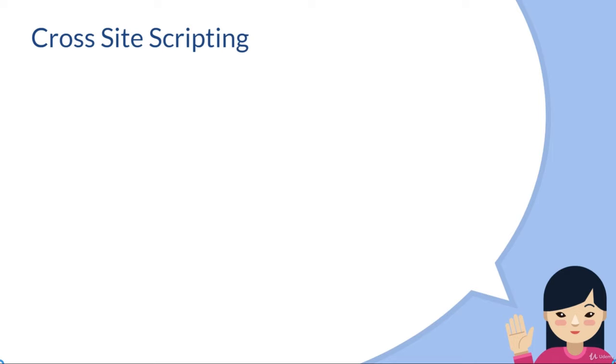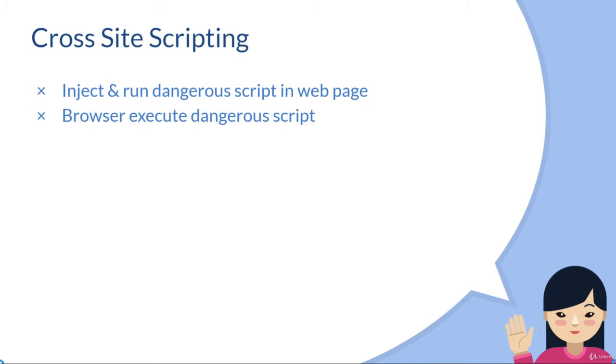Cross-site scripting, or XSS, is a threat in web applications where an attacker injects and runs a malicious script, like JavaScript, into a web page. Browsers, which receive the dangerous script, then execute it, sometimes without the user being aware, because the script execution does not change anything visible. So, this kind of attack happens on the browser side of the user.